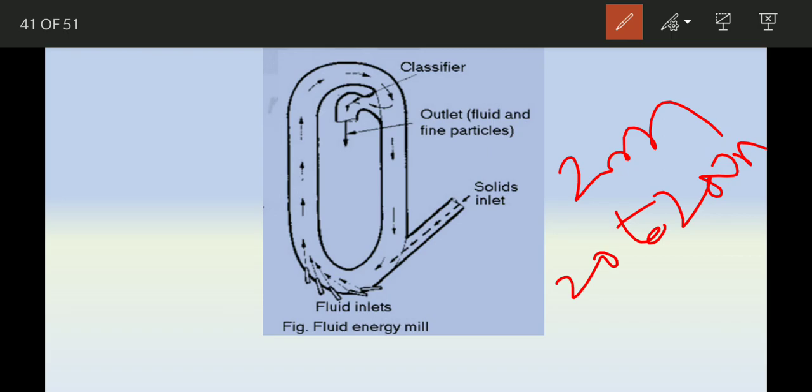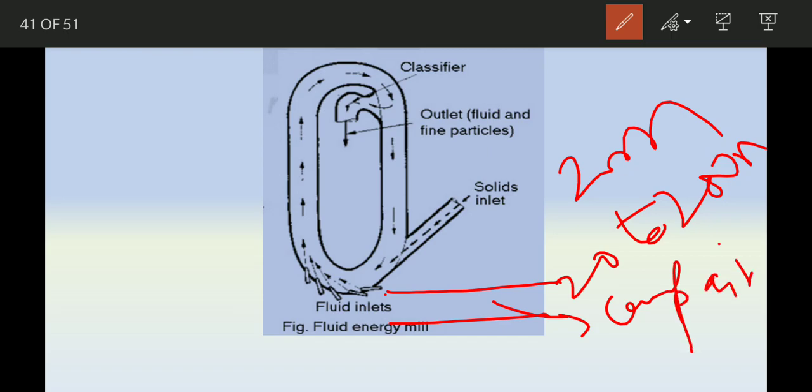So from here, we can pass the compressed air of 600 kilopascal to 1 megapascal. A venturi feeder is provided in the path of the airflow, and an outlet with a classifier is fitted to allow the escape of the air.